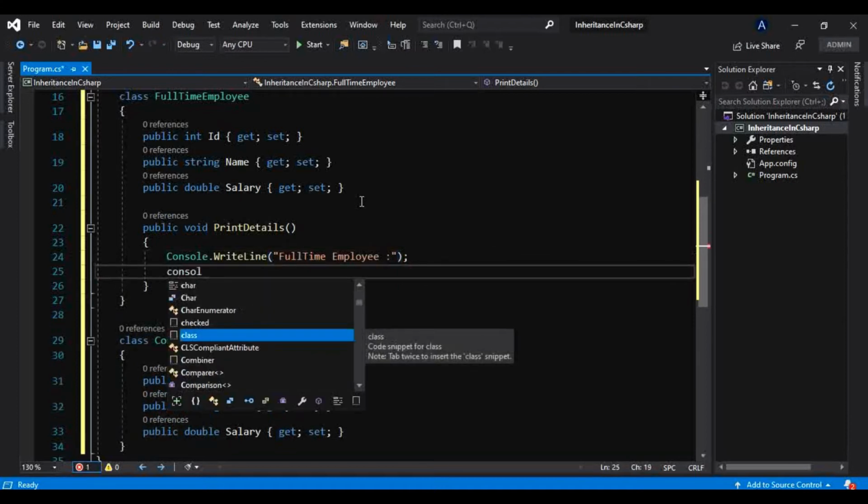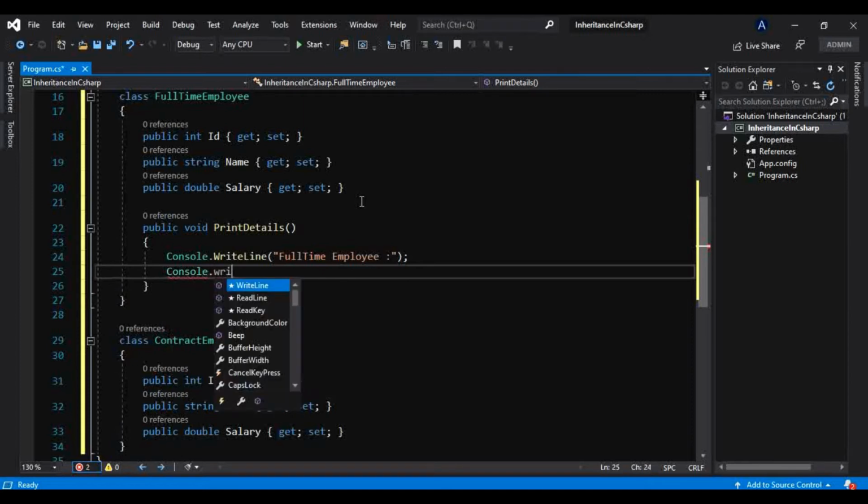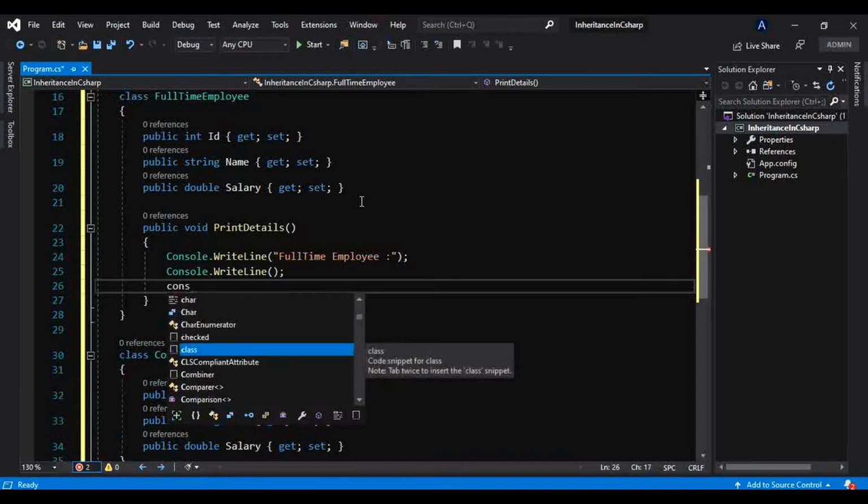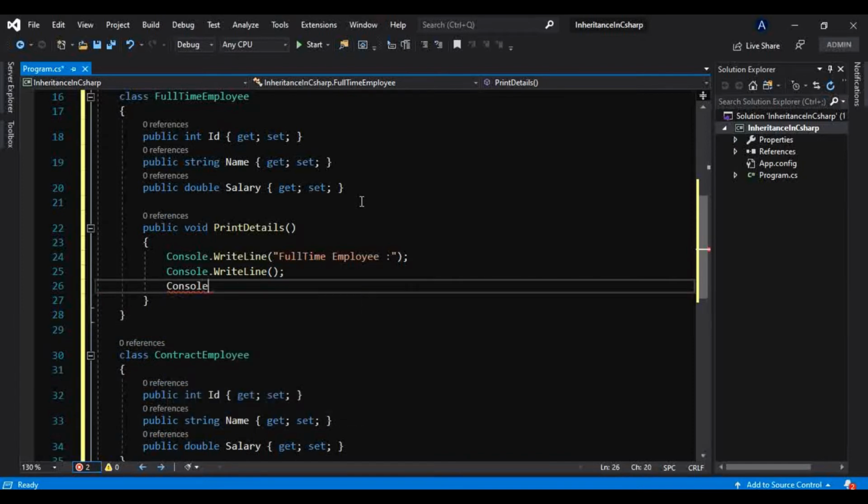Then Console.WriteLine with an empty argument, which will give us a space; we learned all that in previous tutorials, so I will not repeat it. Then ID is equal to whatever ID will be coming in here, or whatever ID the user sets. We are displaying that in this console message.